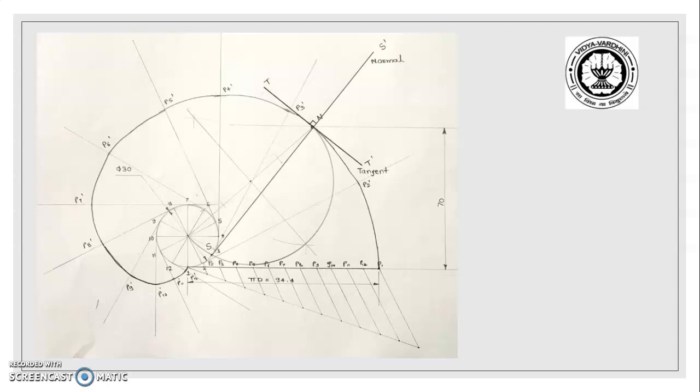One variation with this question I would like to explain. If the string length is more, then the curve will follow this particular path, and instead of ending over here, the curve will end ahead of the end point. If the string length is shorter than pi d distance, then my involute curve will end before this point. So use your manual and practice some sums based on this.